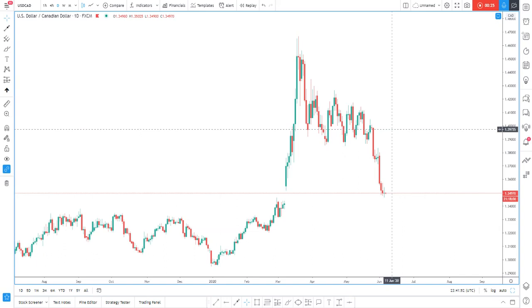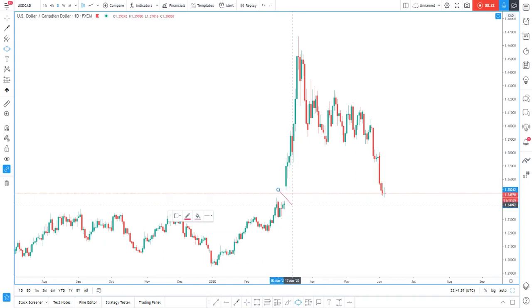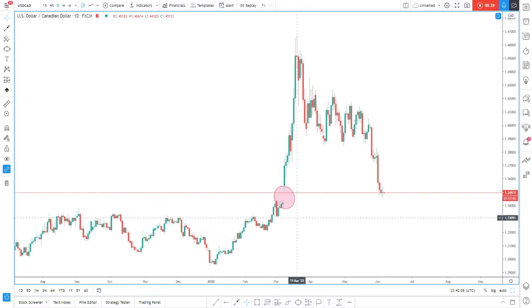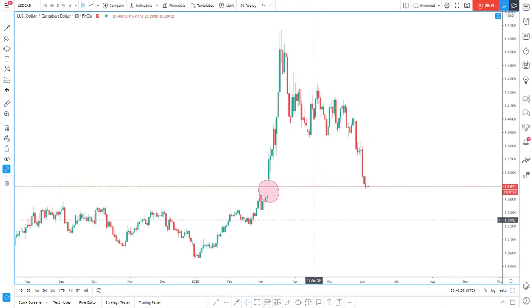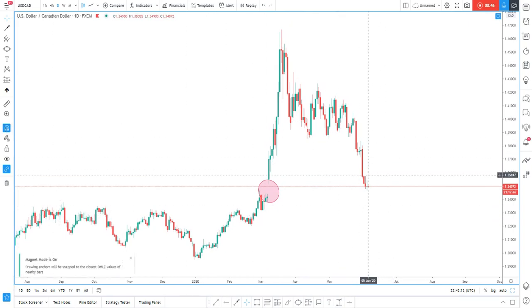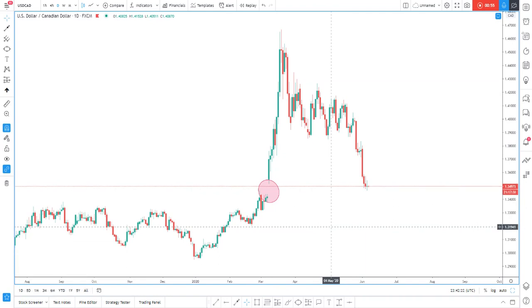Looking at USD CAD. USD CAD caught my interest because of this gap right here, this gap on the daily time frame to be precise. And we, as traders, know the rules that are bound when it comes to gaps. Gaps are meant to close. No matter if price moves further away from it, there is a tendency that price would actually come back to